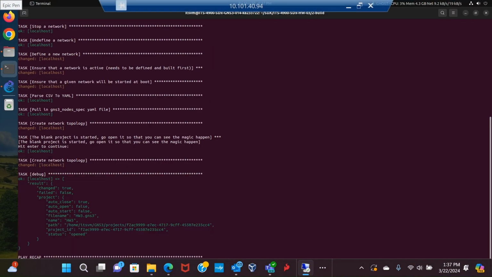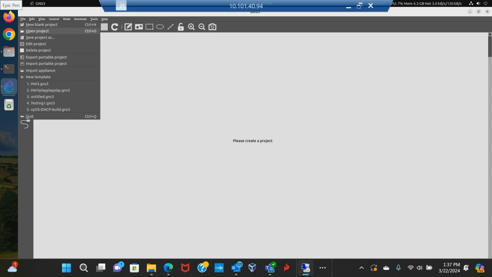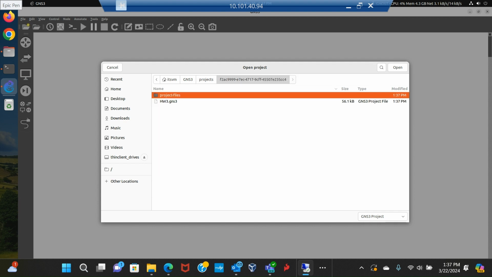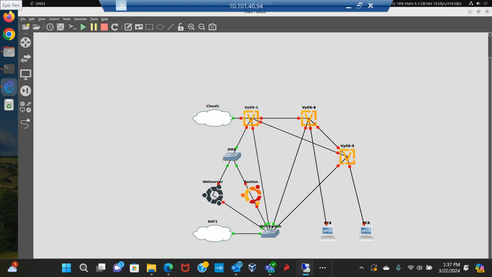And if we quickly go to our GNS3 platform and try to find the file that was created, this is the file. I know it just got created. And then we can start this thing up and just do that. And then here we are, our nodes all built for us at one time. So whether you have 1,000 nodes or 10,000 nodes, and you have these Ansible playbook templates, and you understand Jinja, the use of Jinja as well as YAML templating, you are good to go. You can build your network topologies in fast time because we are looking in a world where